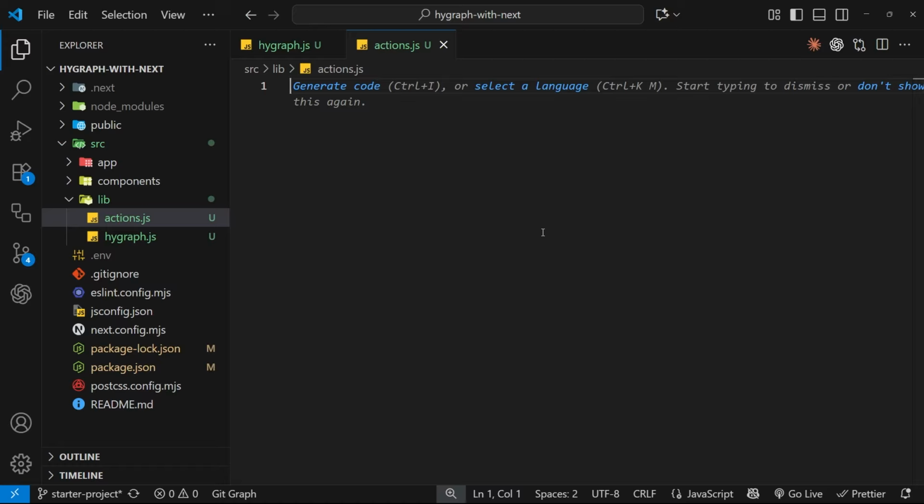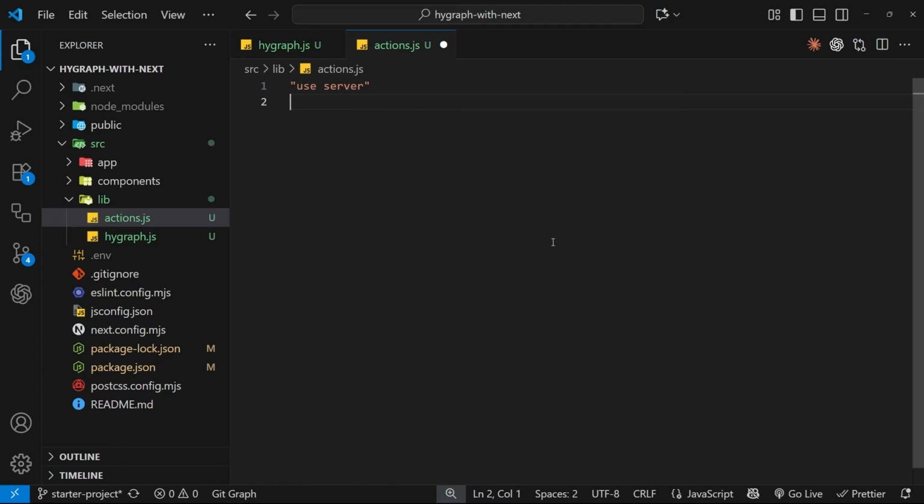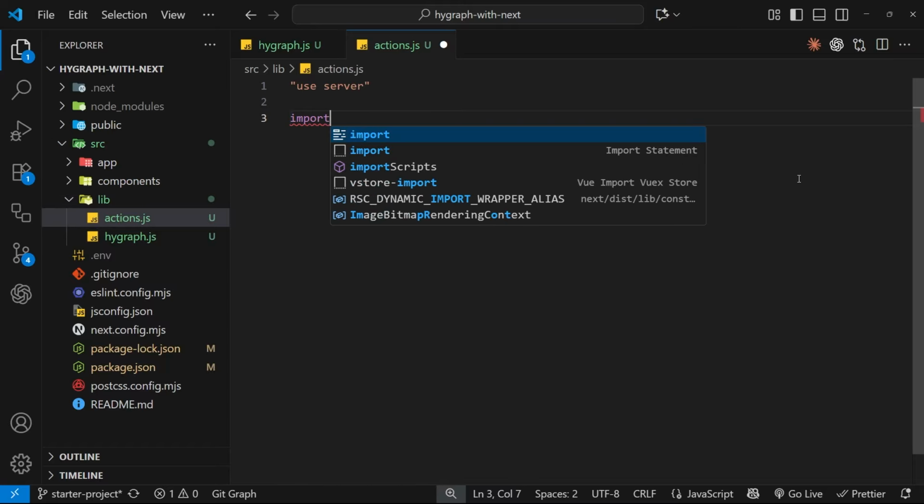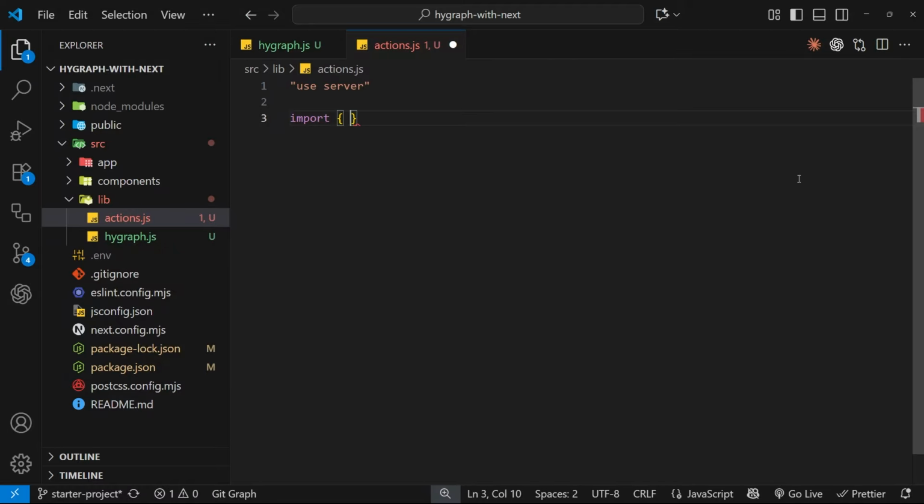Now, typically, when we have a file like this to store a bunch of different server actions in, we add a string at the top that says "use server". And that tells Next that all the functions in this file will be server functions. So add that in first of all. And then next, we're going to import the queries from the Hygraph file by saying import and then curly braces. Then we want the queries constant, and that comes from